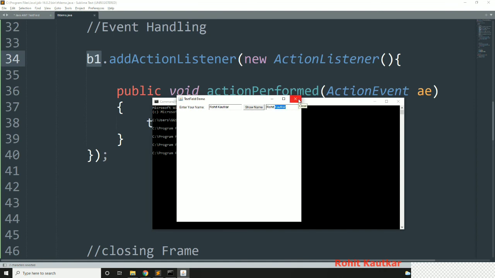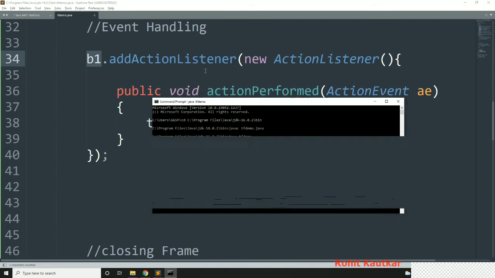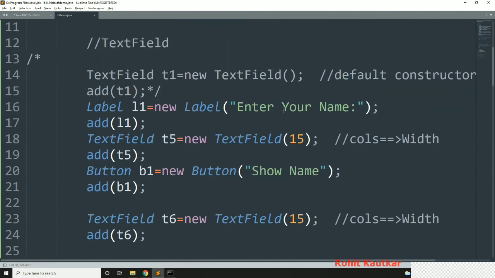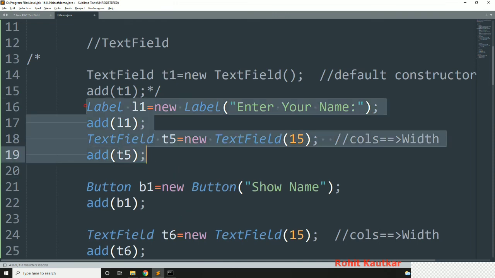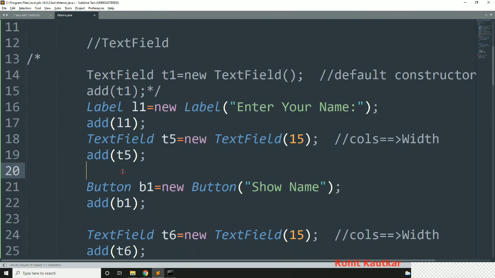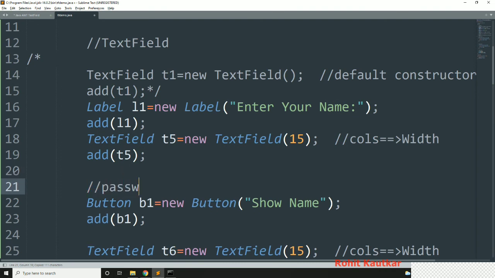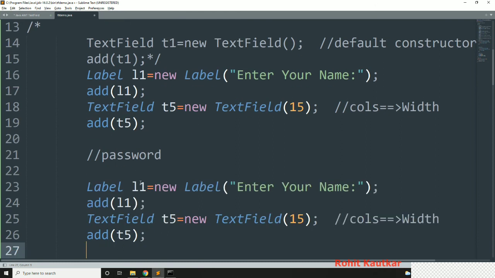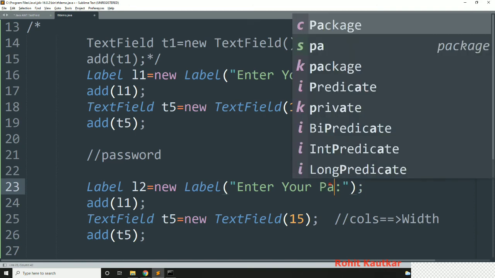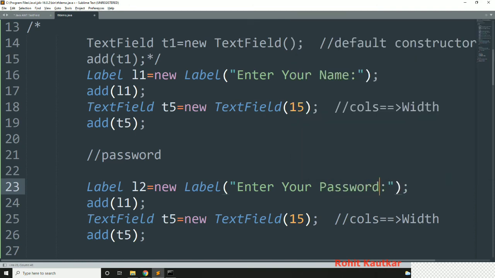One more thing I will show you is how I can create the password field. So what I will do for that, after this first name, here I will add one label called password. So for that I will copy this. Here I will write password, and I will change it to L2 and enter your password.